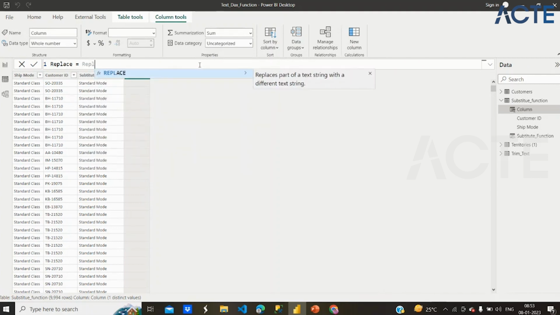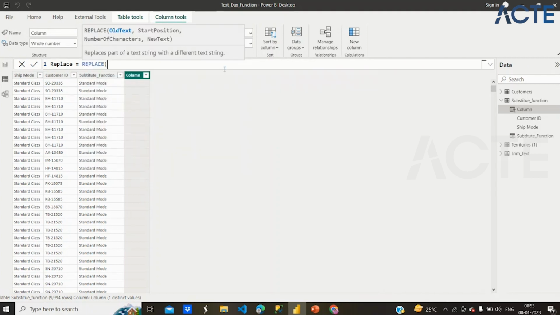We need to give the function name first. Replaces part of a text string with a different text string. Now you can see the syntax is also different. It is asking directly for the old text. My old text is customer ID,